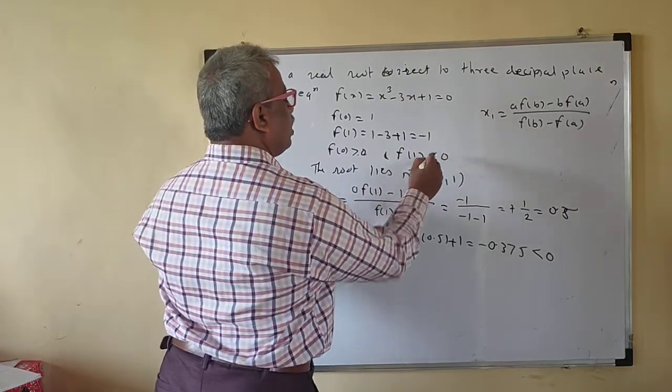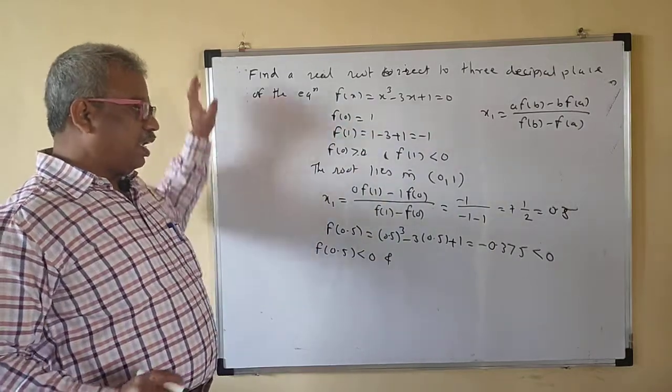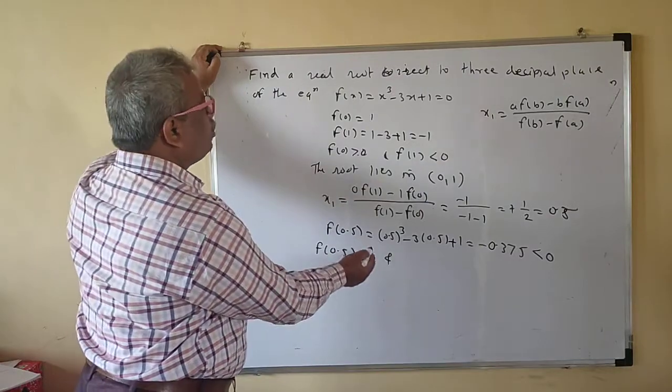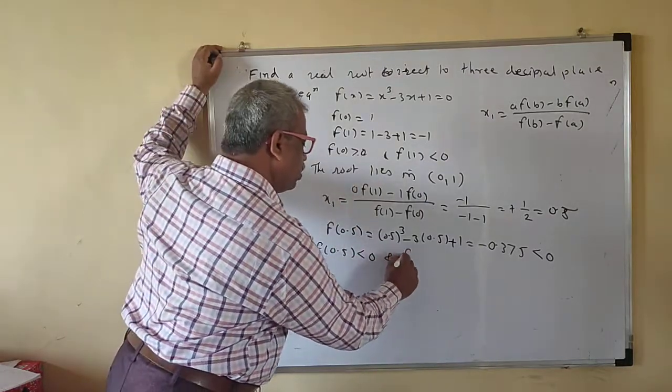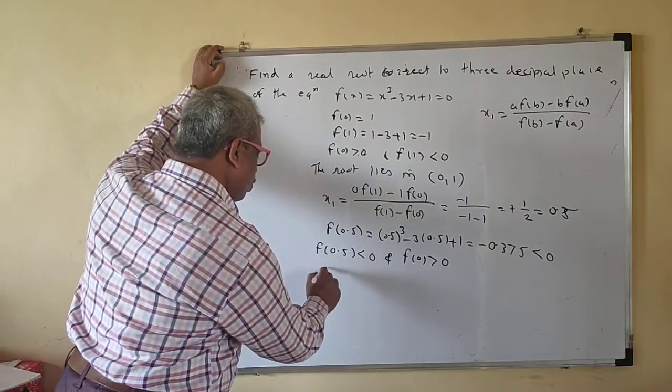Where to take care now? f of 0 is 1, it is positive, and f of 1 is negative, so that is less than 0. So now we have to check which one was the positive. f of 0 was positive. So therefore the root lies in